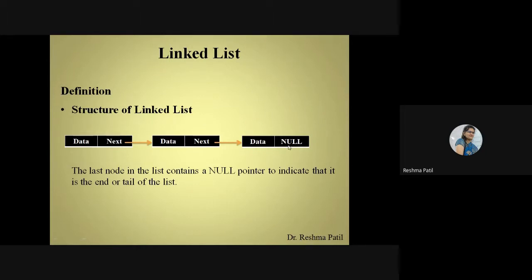So in future, suppose you feel that yes, I want to add one more element. You will create one more node. What is the address of that node? You will write here. So that is a connection. If you want to delete something, if you want to delete this third node, you will delete this third node and remove next part here. Next part, you will replace this next to null. Means you can show that only two elements are there in my linked list.